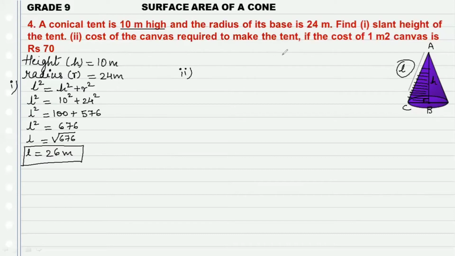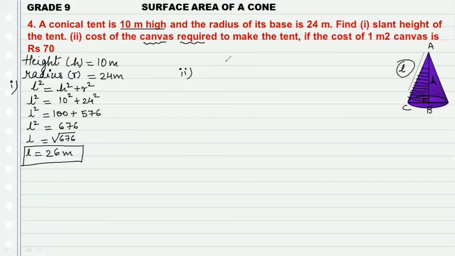If you make a tent, remember you do not close it, the bottom is open, isn't it? So if you have to find the cost of canvas required, first you have to find the canvas required, so canvas required will be equal to the CSA of the tent. Okay, CSA of the tent. We'll not consider the circular base. It is not a closed figure. Okay, and your tent is open from the bottom, right? So the canvas required here will be equal to the surface area of the tent, right? So here the tent does not cover the base, remember that.